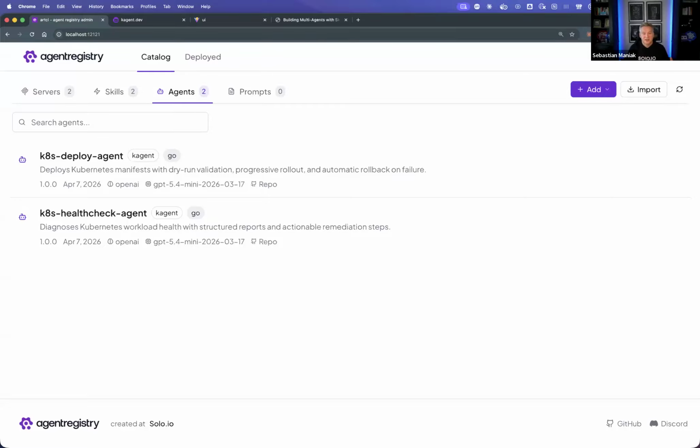So if we switch hats, and now we're Team B, we're the platform team, not the SRE team, and we've been asked to build an incident response automation, right? We don't know Kubernetes that well or at the same level as Team A does, but we don't want to, right? We just want to use what they already have. There already existed skills and there existed agents. So the first thing we do is we search this catalog